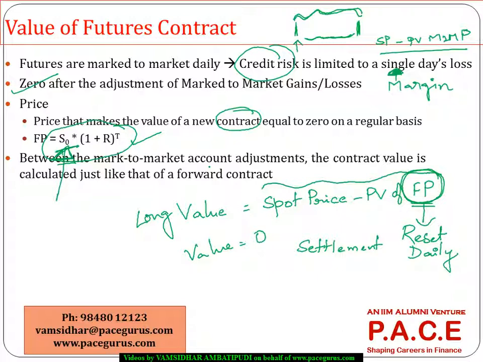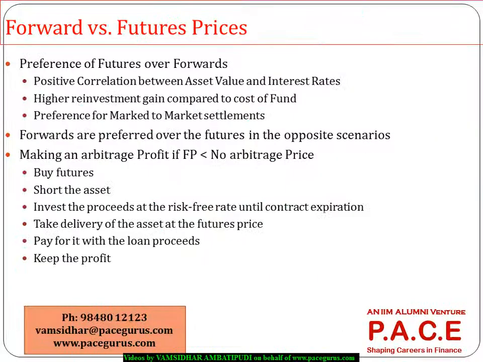During the day, intraday, the contract value is calculated similar to that of a forward contract, which is the spot price minus the present value of the previous mark-to-market price. So that is one other key difference that we observe between a futures contract and a forward contract. Then another key thing to remember as a contrast between these two: when will people prefer futures over forwards, or when are futures more attractive